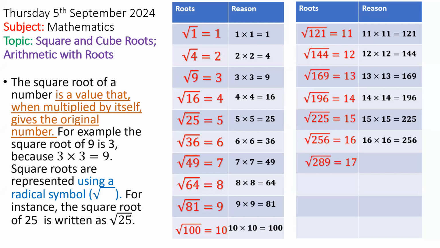17 times 17 is 289. Very good. 17 times 17 is 289. And what's the square root of